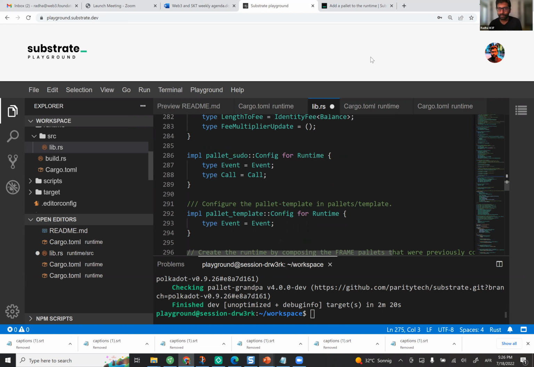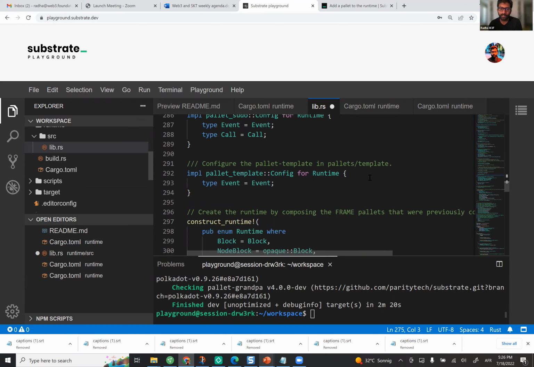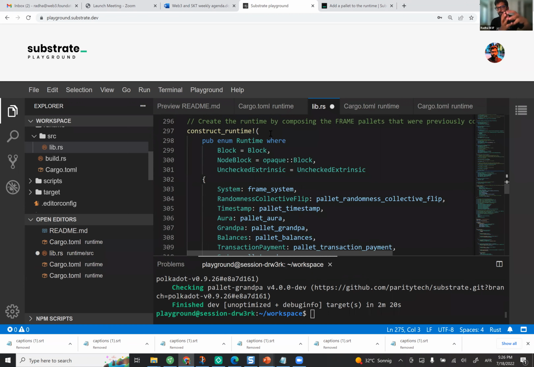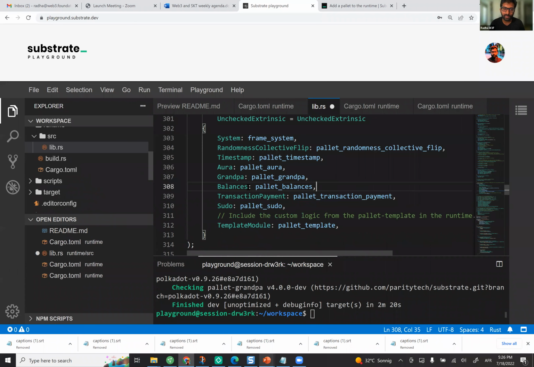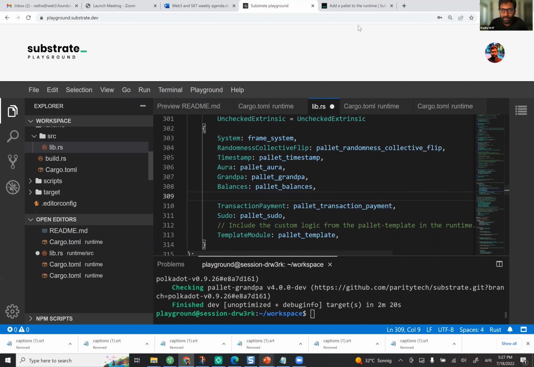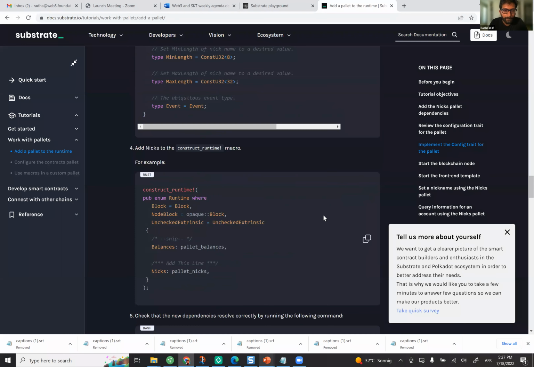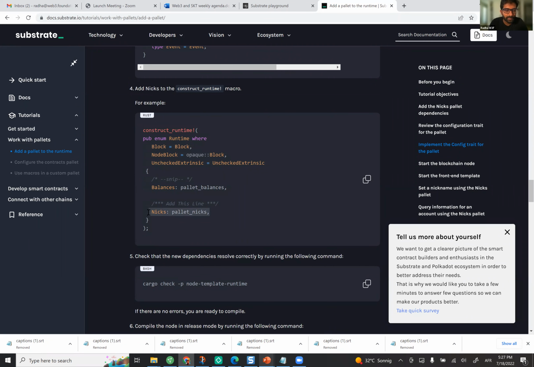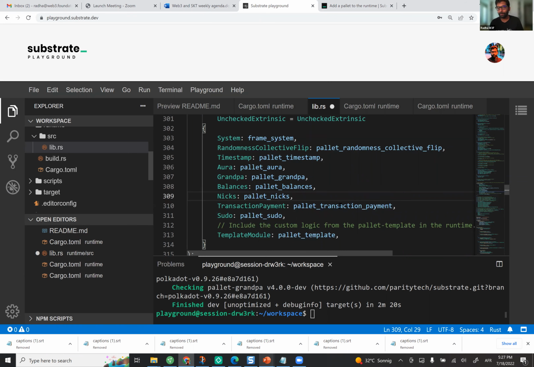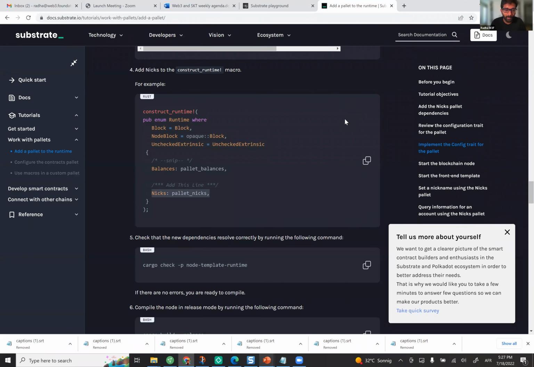Then if you're following the tutorial, it will ask you to go to the construct_runtime macro. This is where it is composing all of these pallets together. Here, right after Balances, I'm just going to add, let me get that code from the document. Yep, Nicks and pallet_nicks. And that's it. I just demonstrated how you add a new pallet to the Substrate runtime. I'll save this, and that's all. We added a pallet, and now we are going to